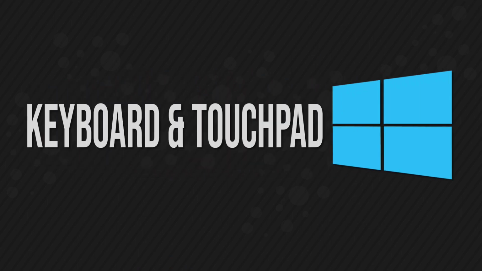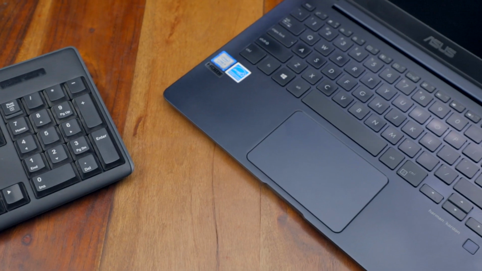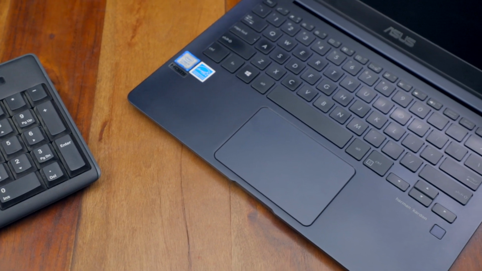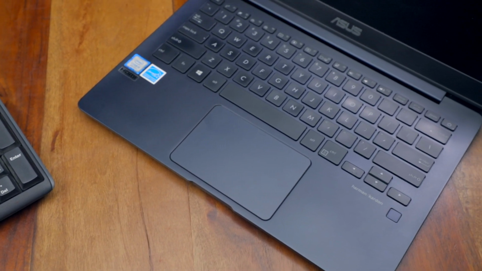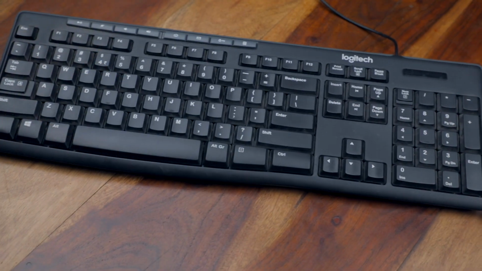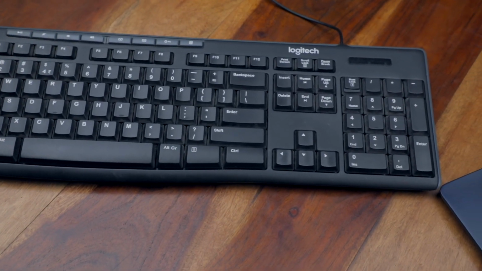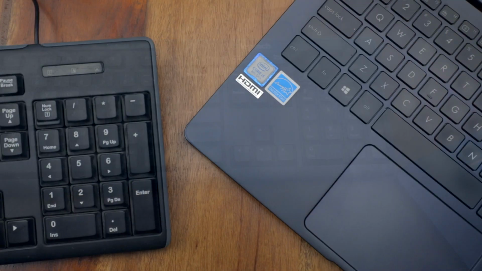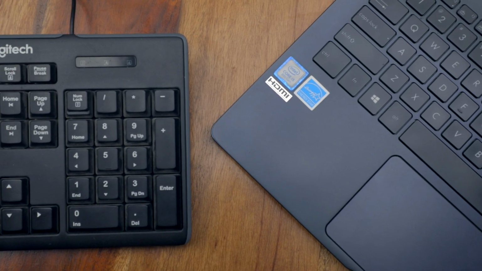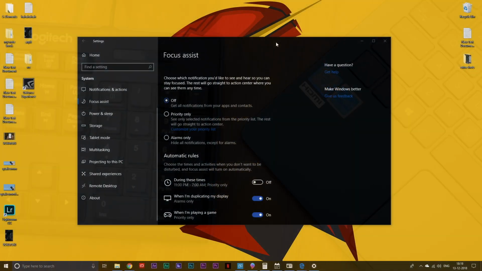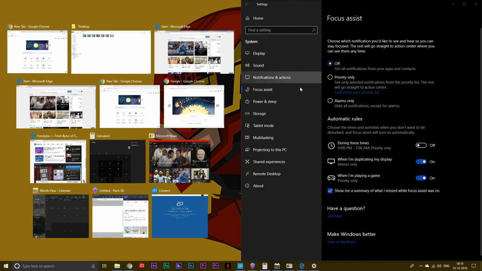When we talk about multitasking, keyboard shortcuts and touchpad gestures are, I guess, the most underrated part of it. But your life will become a lot easier if you learn them by heart, at least the important ones. In fact, I can't actually remember the last time when I used the mouse to open the File Explorer. Also, you just saw how easy it is to snap windows using your mouse, but it is even easier when you do it with the keyboard.